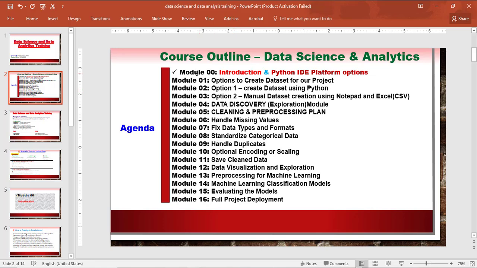Okay, first module, which is module 0. I have an introduction about data science and analytics. Also, I need to talk about the Python IDE, which is an integrated development environment, and the options for how to run Python code, maybe using different options. So we'll talk about